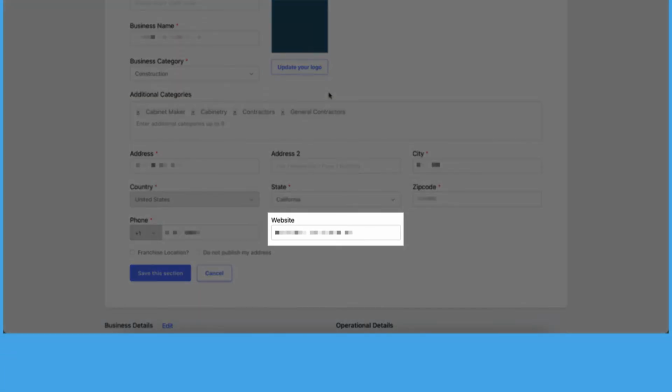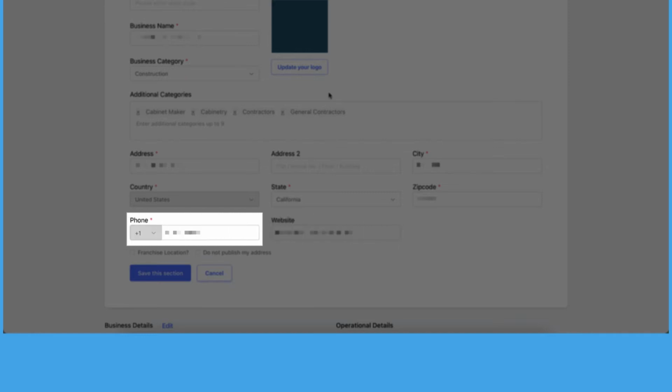And then of course, make sure you do your complete website. Don't just put the domain, put the https:// the whole thing. And the phone number, make sure you include the full phone number for that. The country code is going to be pre-selected depending on when you signed up. You set this up for a certain location, Australia, England, things like that. So your phone, the country code will be different, but as you can see, it's already pre-selected here.